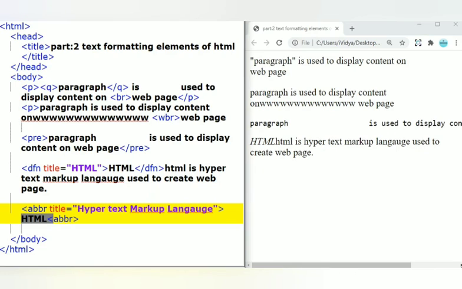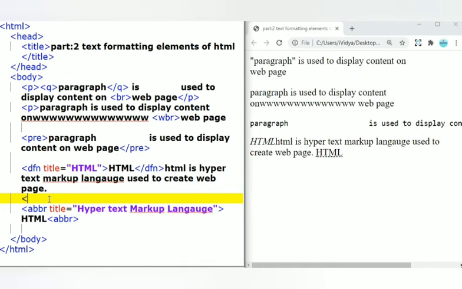Whenever you keep the cursor over this text, now I will run this. Here you can see only this HTML text. And whenever you keep the cursor over the text, it will display the title of the ABBR text, meaning you are abbreviating this HTML text. In this box we can see hypertext markup language.